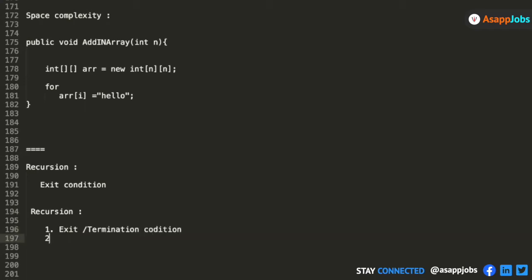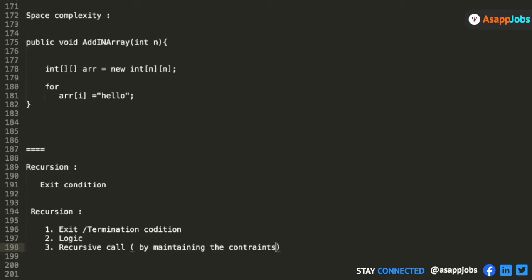The second thing that you do is you write the logic. Every problem will have a different logic to solve, so you write that logic to solve that problem. And the third thing is that you do a recursive call. This is very important. You make a recursive call with the increased or decreased size of the input. But when you increase or decrease the size of the input in a recursive call, you have to maintain the constraint. You cannot violate the constraints. We'll understand with the example what I mean by that.